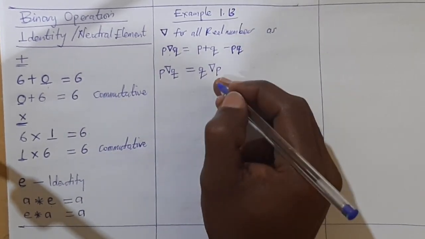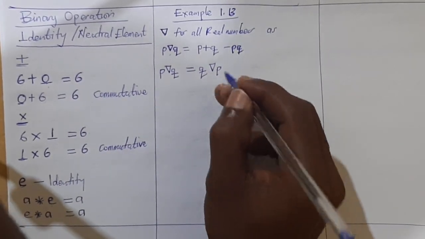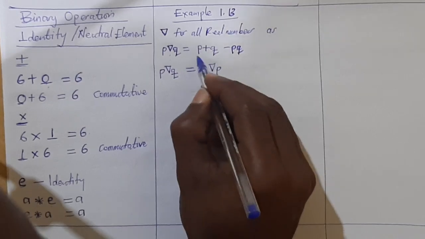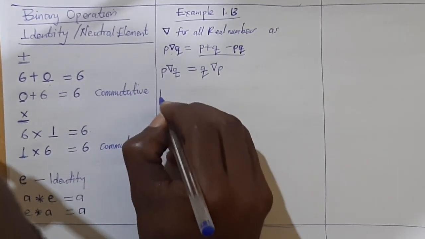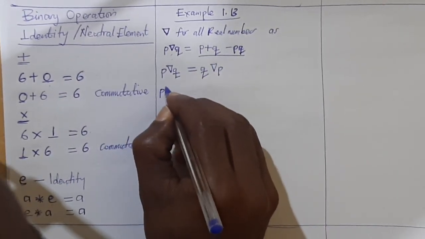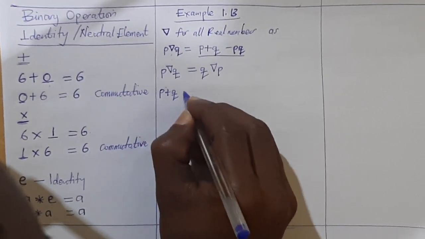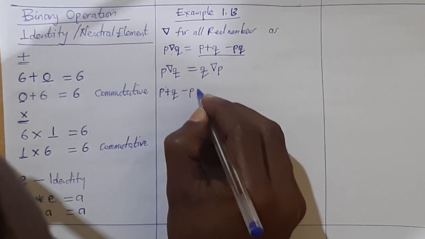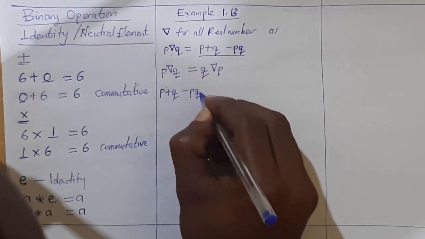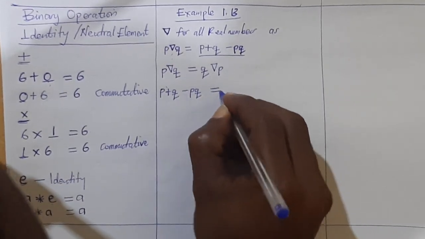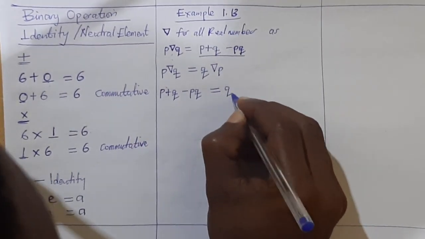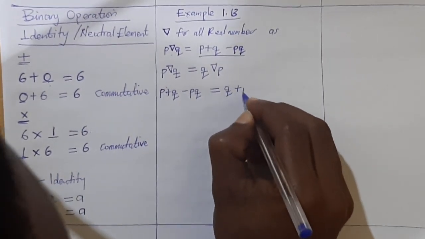Both sides of the equation must be equal. So let's use the definition to expand. So we have P plus Q minus PQ must be equal to Q plus P